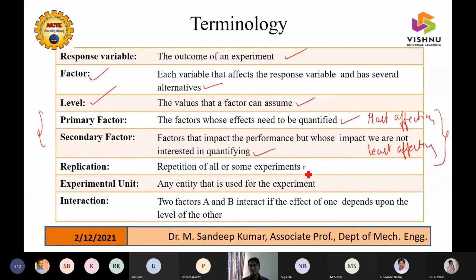Then you have replications. You should also know why you need replications. The main reason why you need replication is to overcome the drawbacks or errors of the terrain or the experimentation you're going into. It may be human errors, or instrument errors, or maybe errors while measurement, right? So for overcoming that, or for assuring that whatever you have done is in the right form, you need to have some replication.